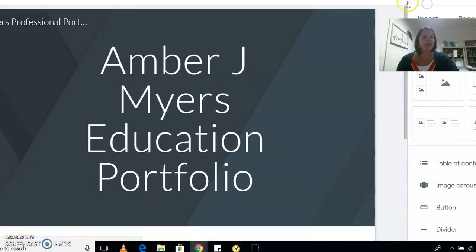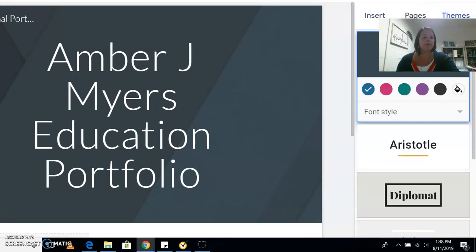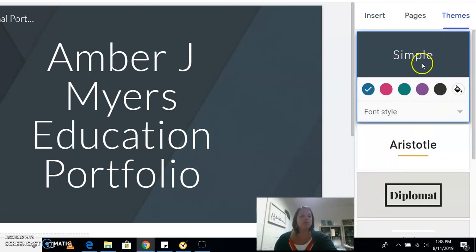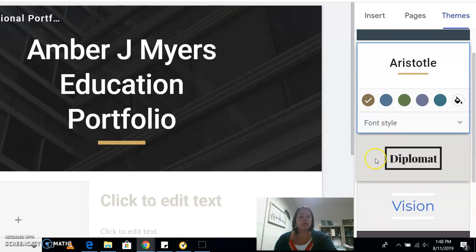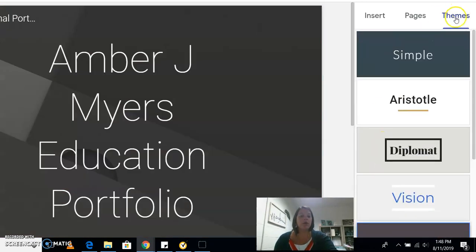Now, my guess is that many of you are not going to love this standard coloring, and so in order to change that, we just come over to our themes button. Get my face out of the way. And with our themes button, you can choose any of these themes, but you can also